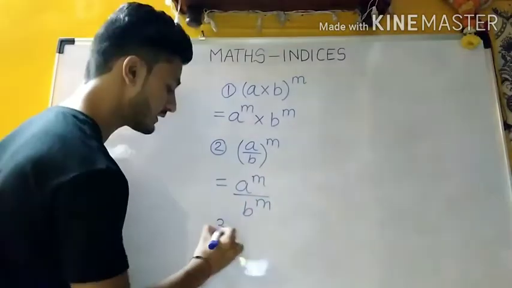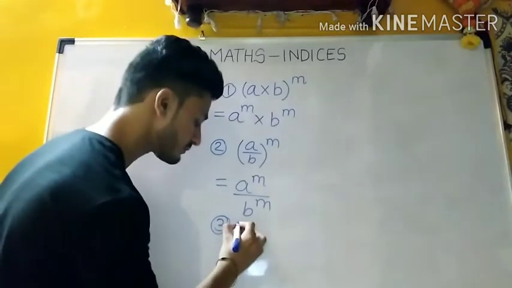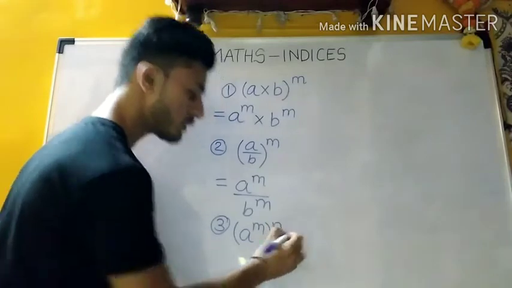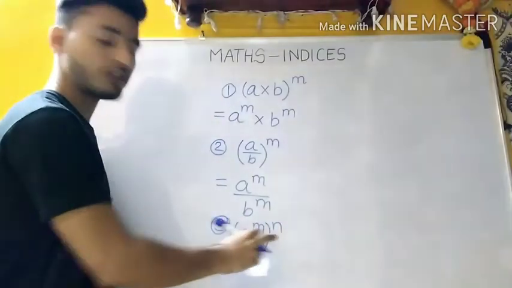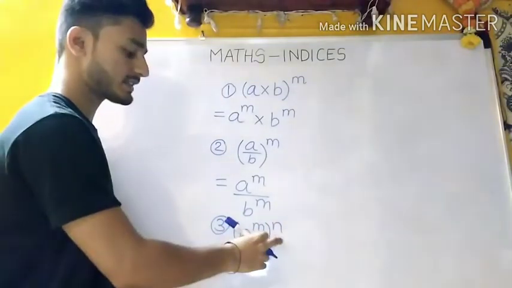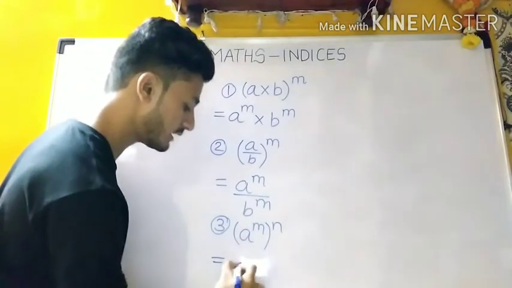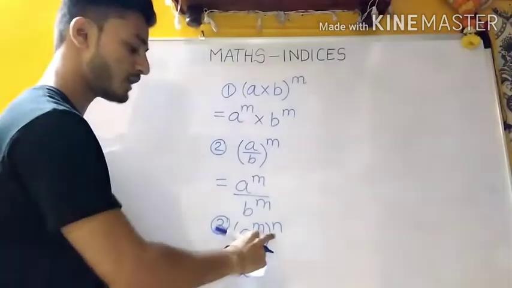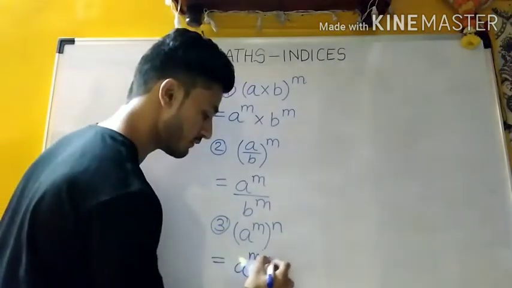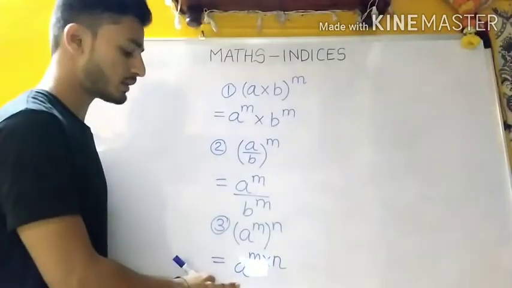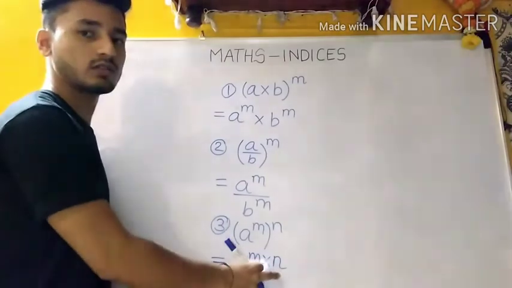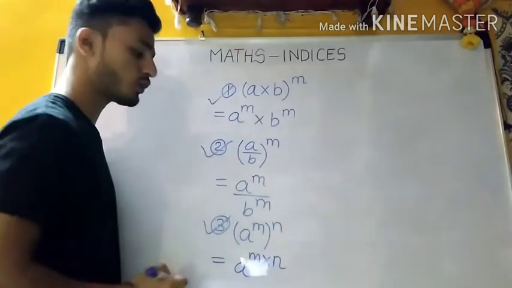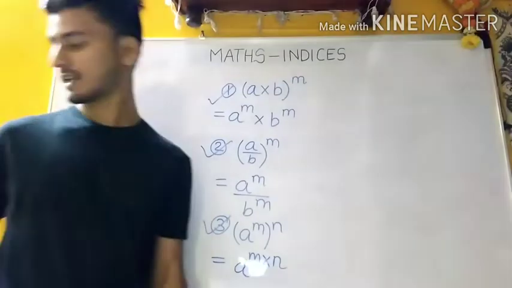Okay. Now the third and the final case is when it is in the form of (A raised to the power m) raised to the power n. Okay. There are 2 powers for a single base. Whenever such cases are there, we will write the base first and we are going to multiply both the powers. When there are 2 powers, we are going to multiply both the powers. So it will be A raised to the power m into n. Okay. So these are the 3 important formulas which we are going to use for our next examples.